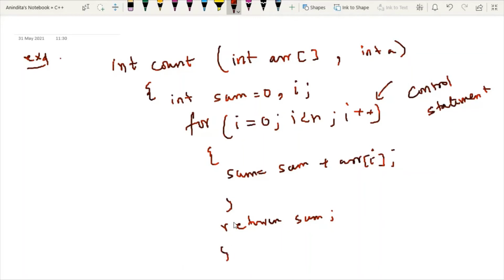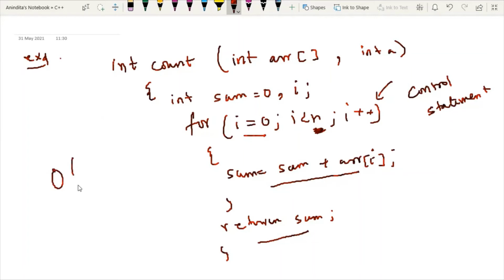So now we have one control statement which executes n times. Along with that, we also have operations like assignment and arithmetic calculations, and we have one return statement. So according to this, what is the time complexity?